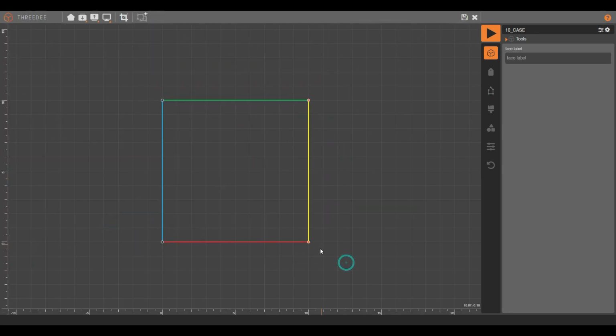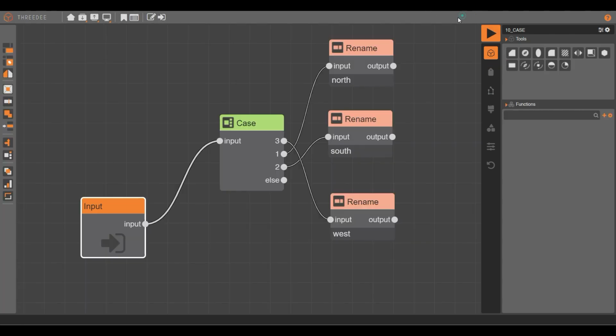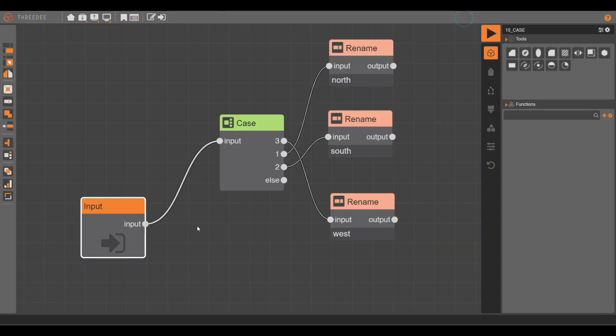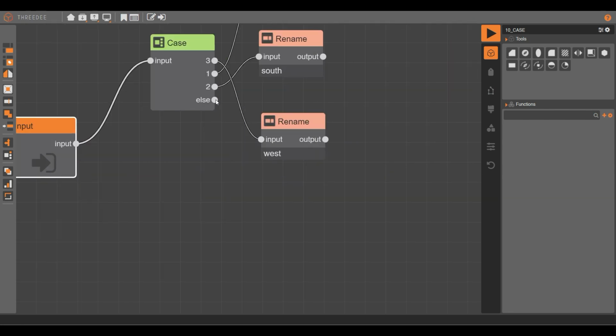If I change this to this size, the south now has 4 units. Now it matches with no one,